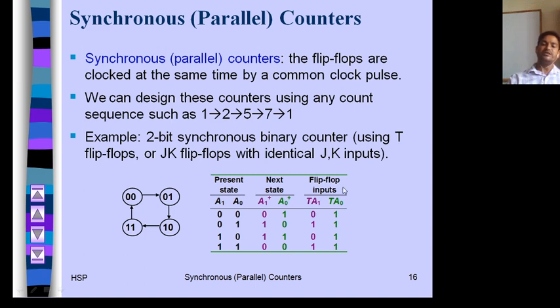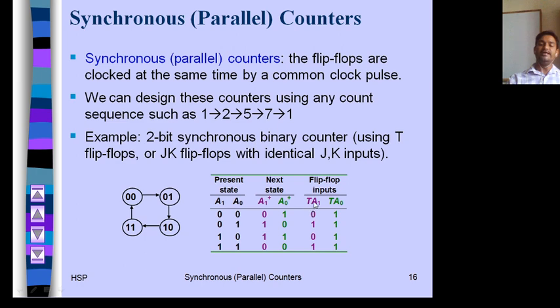Now this TA1 and TA0 you have to find out. Now recall your excitation table. In the excitation table, with the help of present state and next state we determine the flip-flop inputs, and you do not need to worry. You know, in case of T flip-flop it follows the XOR property. If Qn plus 1 is T XOR Qn, then T will be Qn XOR Qn plus 1. Here, instead of Qn I am taking A1, A0, and instead of Qn plus 1 I am using A1 plus or A0 plus. This is your next state.